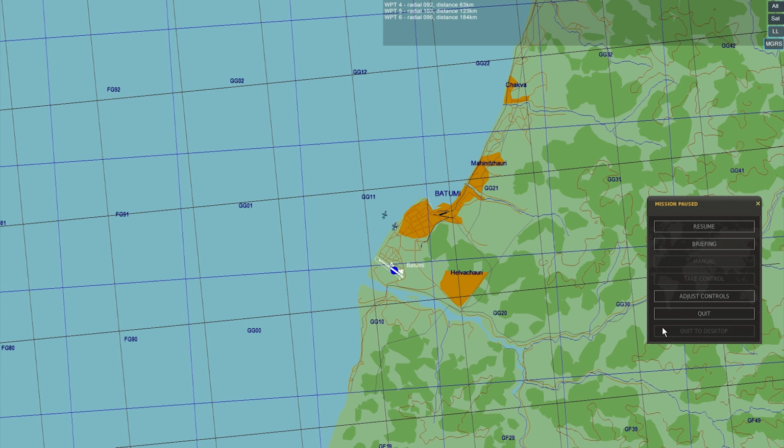So it's going to be a turn back towards our original heading, but it'll be 96 instead of 92. So it's going to be maybe around here somewhere, and it'll be at 184 kilometers, which will be about right here. So when we enter the sim, back into the sim, we're going to overfly, and we're going to turn hard to get on the 92 radial, and we're going to fly out this way until we get to